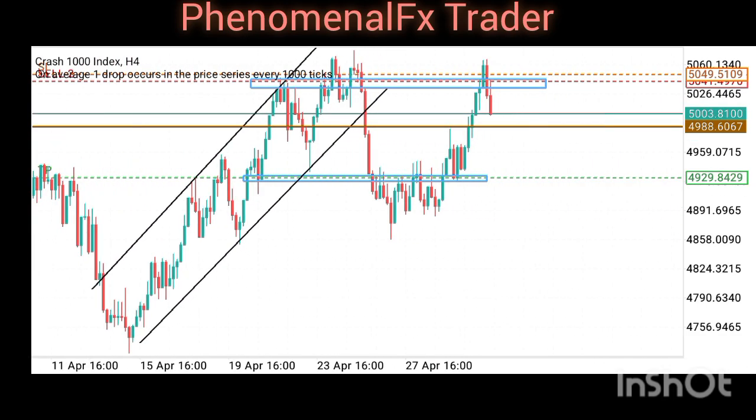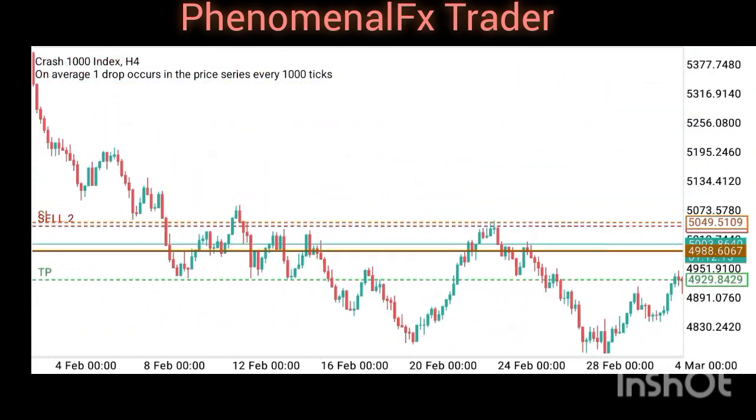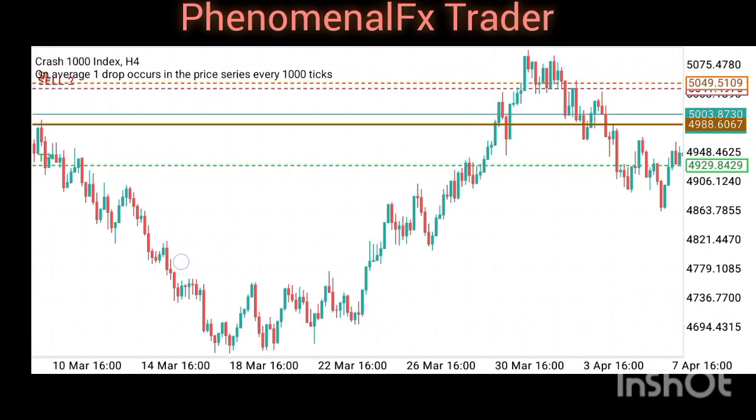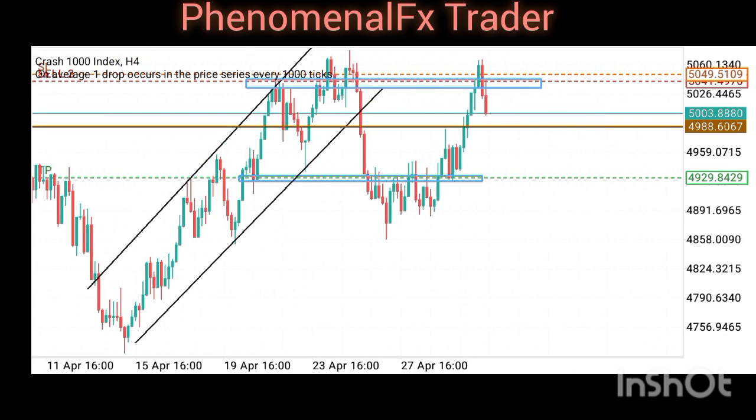As you can see, I have a trade that is currently running and I'm in deep profit, all right? And this is a 4 hourly time frame. So I will show you how I was able to spot this opportunity. If you've been following my videos, you should be able to understand what strategy I'm using here